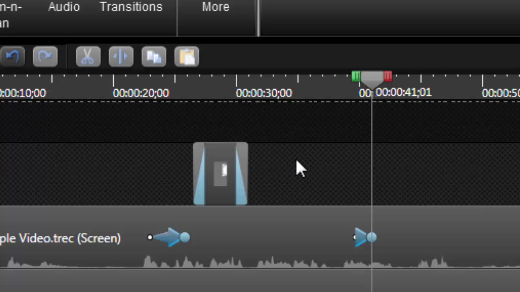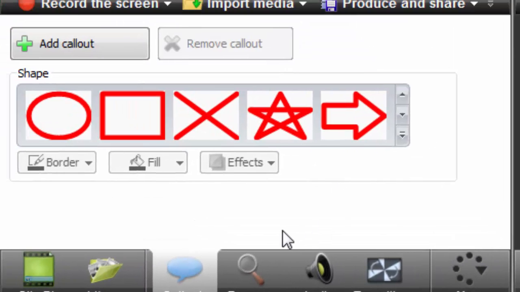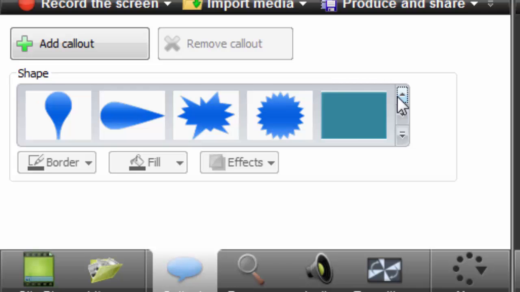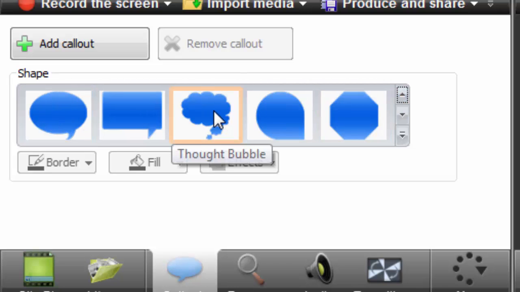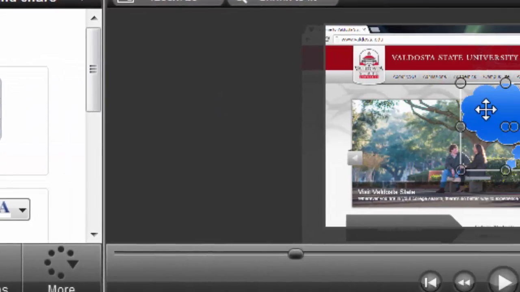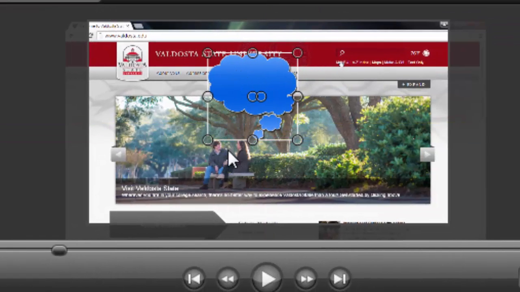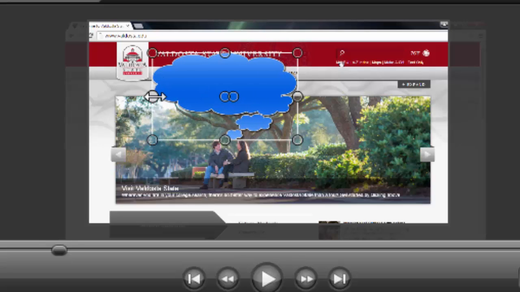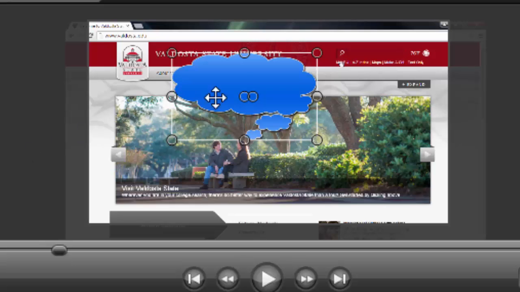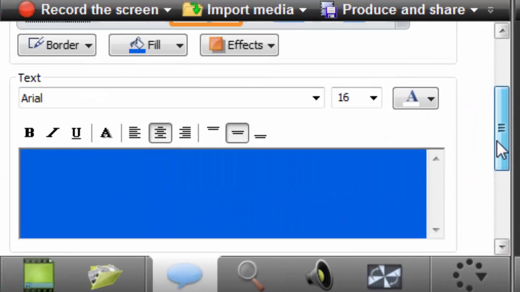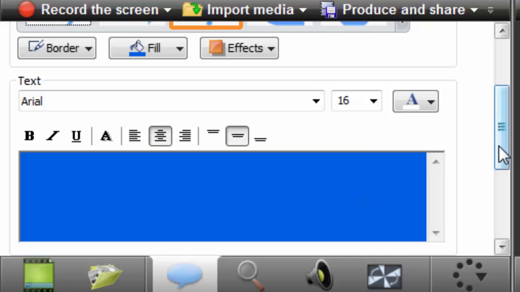So I've deselected that element, and now I can insert a new item or callout in any spot I would like within my timeline. So again, I'm going to move my playhead to a spot of interest. So I'll pretend like this is my spot of interest, and simply add a callout little text box. So I'll choose maybe this thought bubble. So I'll click a thought bubble, and let's pretend like I'm making a cute animation of whatever this person is thinking. So I have my thought bubble there, and you'll notice that I now have available to me within the callouts window